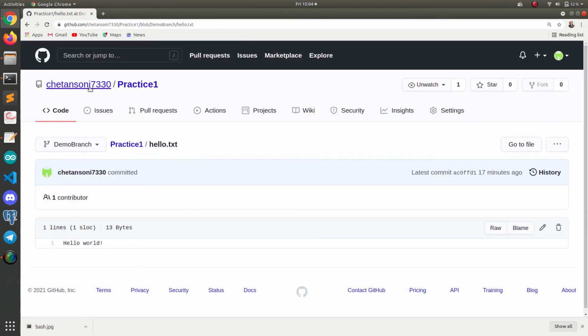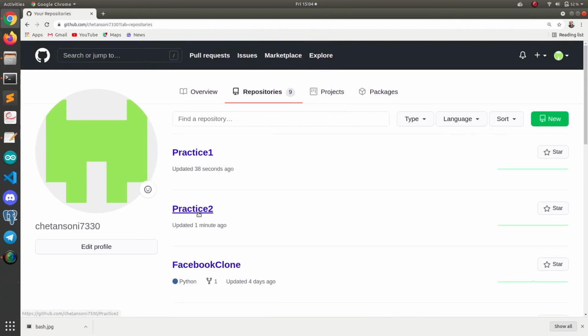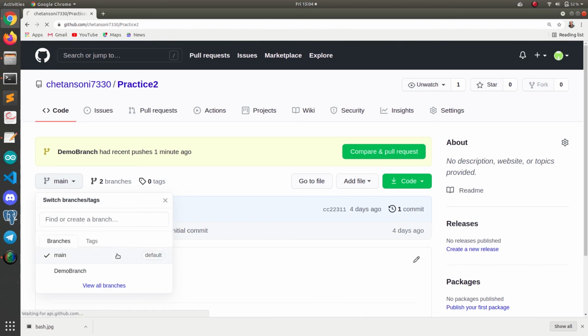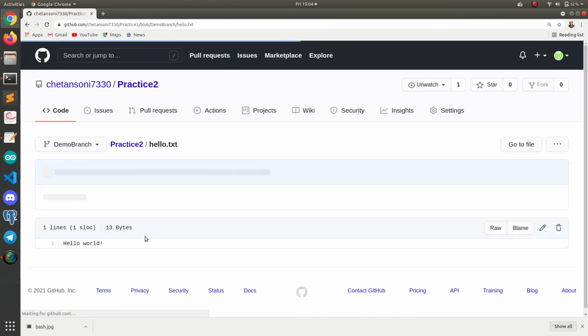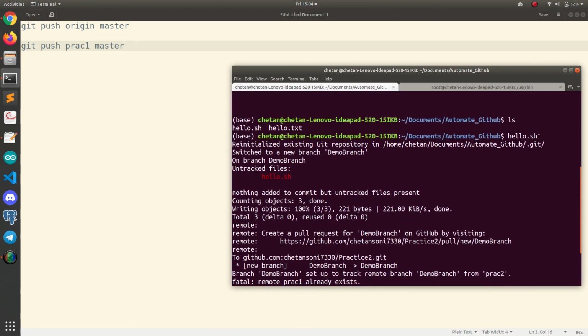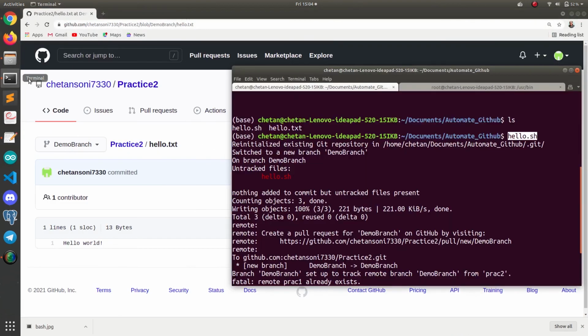Let's see practice2. Let me go here again. In practice2 also we will get the same thing. You can see that there is also a demo branch, and there is also a hello.txt file with hello world. So we just executed this command, hello.sh, and what this command does is push this hello.txt file to both of these repositories at the same time, and also create a different branch,